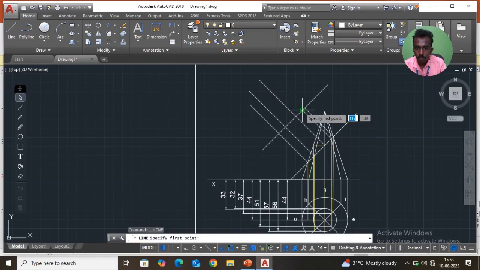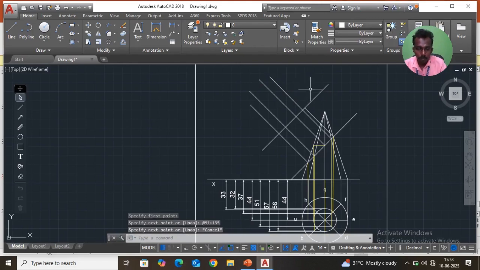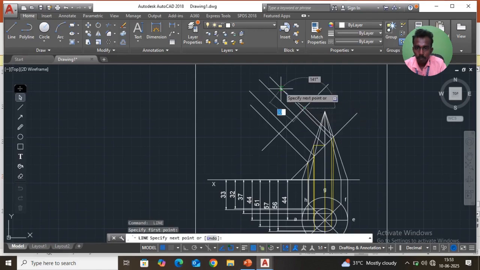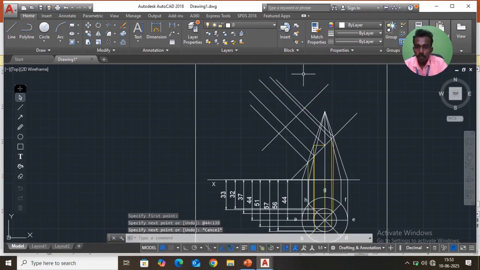Then shift at 51, angle 135. Then here to here 44, shift angle 135. The next